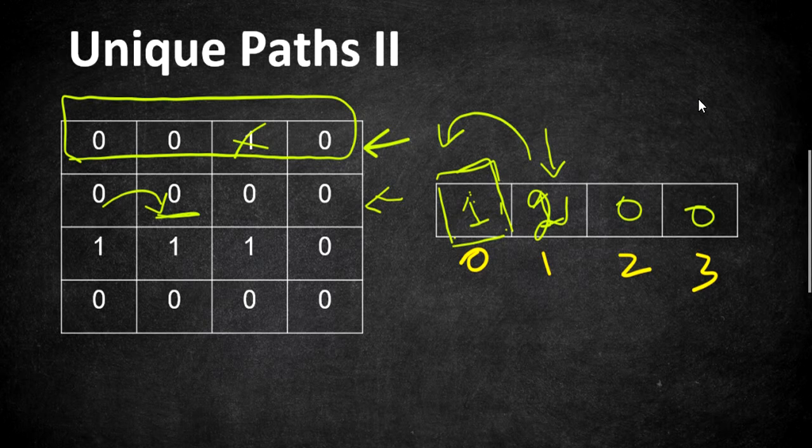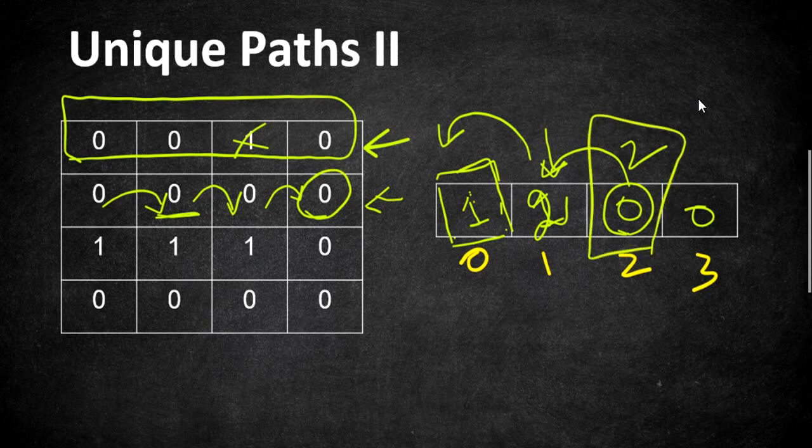So now moving on to the next cell, the possibility of moving to that cell is what we have in the previous cell plus what is the value in the current cell, which is the value here plus the previous cell. So it is going to be 2. Again moving on to the next cell, so the possibility is there to move to that cell. So far what we have is the possible ways to reach the previous cell, plus what is there in the current cell. So previously it was 2, so 2 plus 0 is going to be 2.